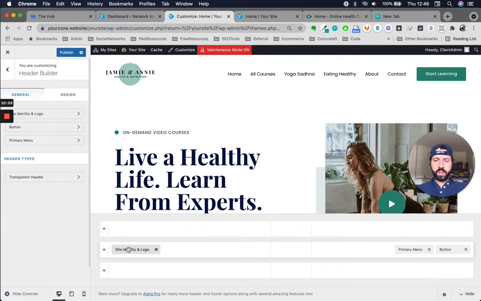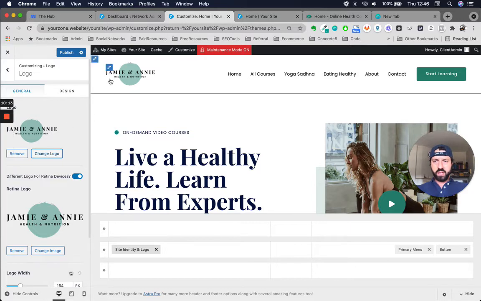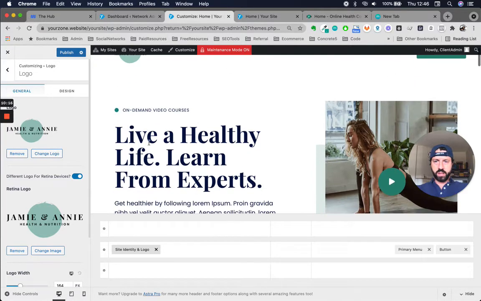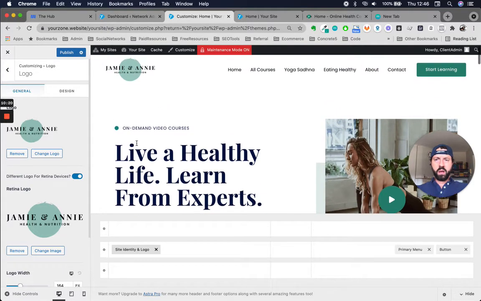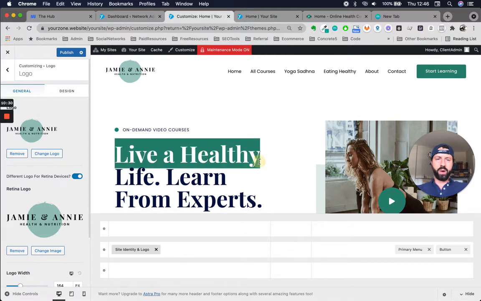Very important is to update the site identity and logo. So to do that, you will have to change the logo here. Now, an easy way, if you notice, this font is the same as the fonts that's here. I'm going to show you how to do that. When you're on the page, if you're just starting out and you don't have a logo, the easiest way to make your own logo is just to use a font and write the name of your business. So let's say,